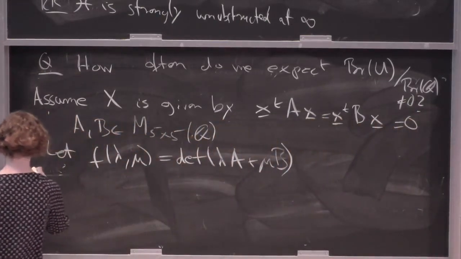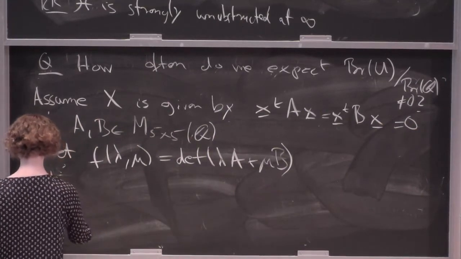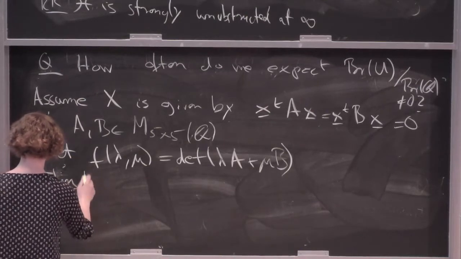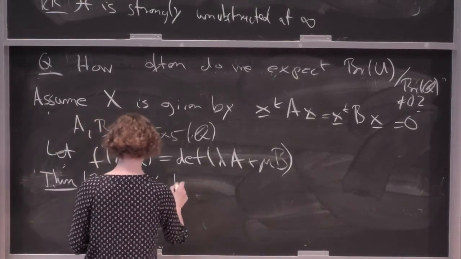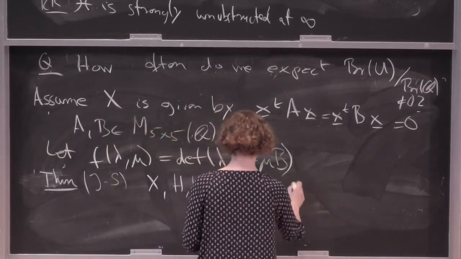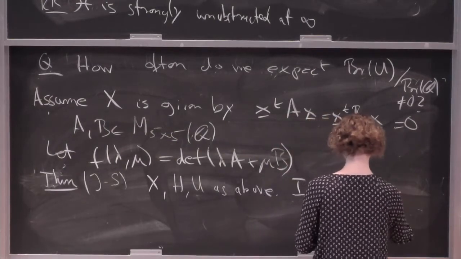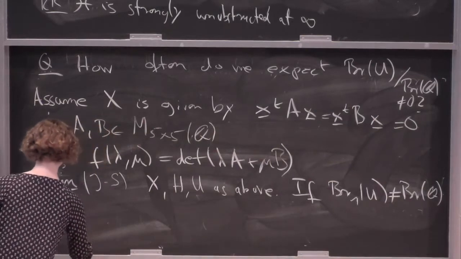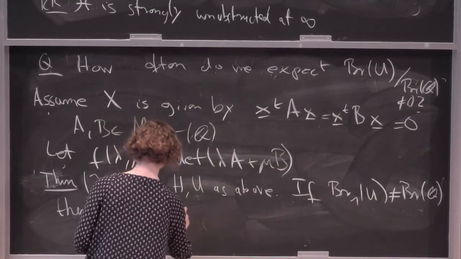And one criterion, which is a corollary from the description of the Brauer group and all of the subsequent considerations, comes out of the same ideas. So let's take everything as above. We can say that if we find that there is something non-trivial in the algebraic part of the Brauer group, then this characteristic polynomial f of lambda, mu is reducible over the rationals.